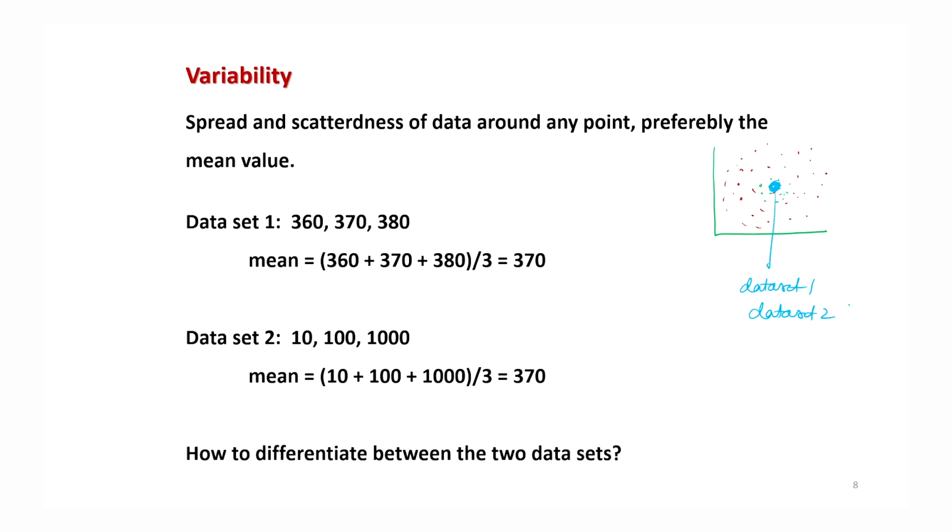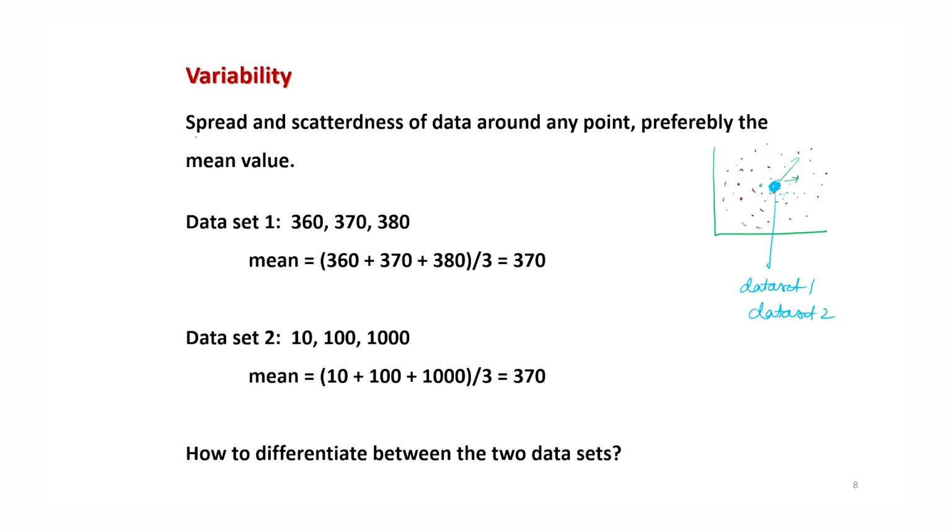But then can you really say that both the data sets are the same? Certainly not. They are different. Why are they different? Because the distance between the observed data and the central value is much more where the data is indicated in the red color, and it is smaller in the data which is indicated in green color. Right. So now how to capture this peculiar characteristic of the data? This is actually indicated and measured by the variability, right?